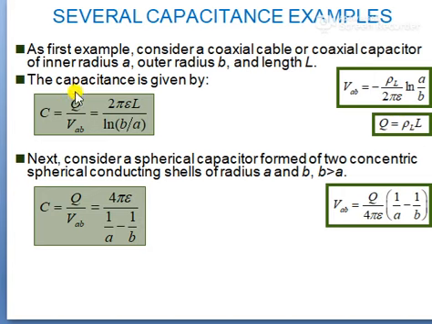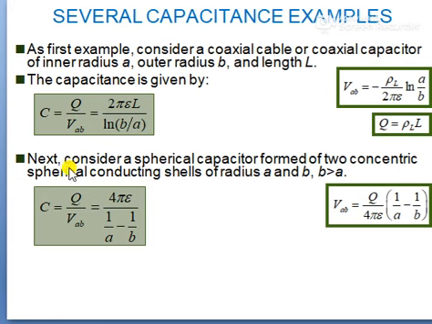So we want these two equations, and we also want to find V. V is found by integration of E dot dl. By doing the integration we can find it. So this is the equation for the capacitance of a coaxial cable. Some of this I have already told you, you can refer to it.